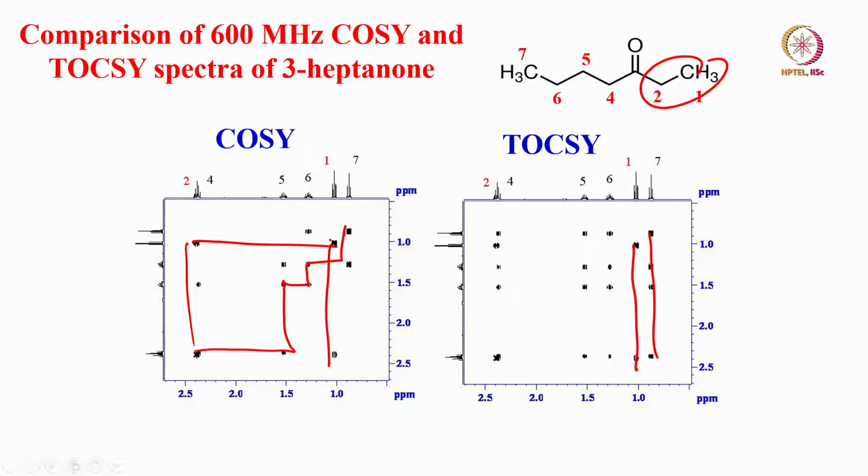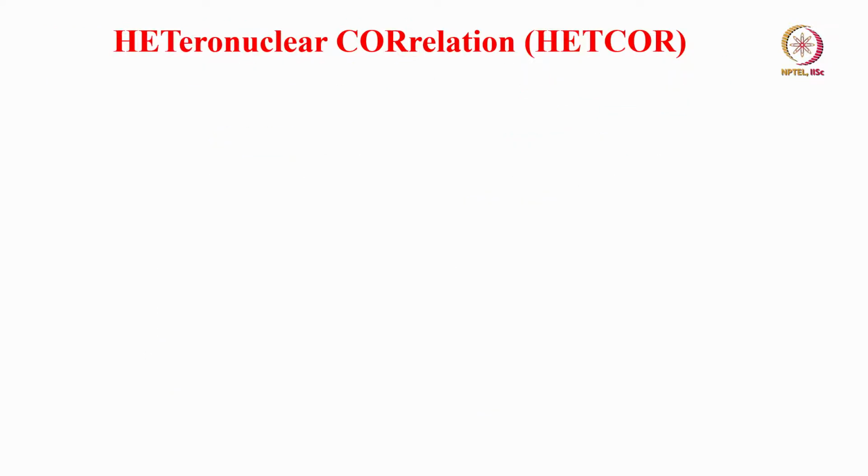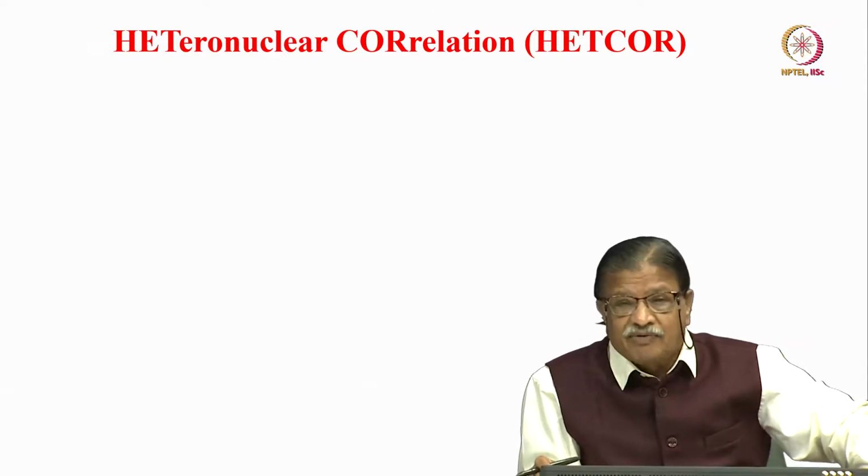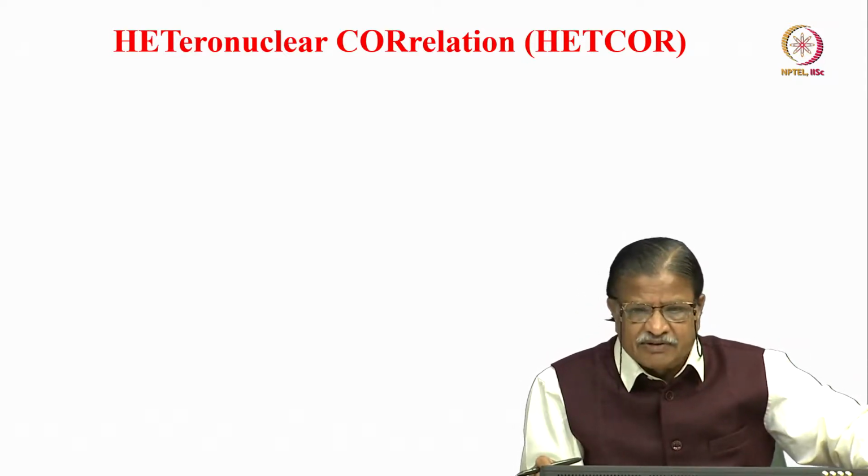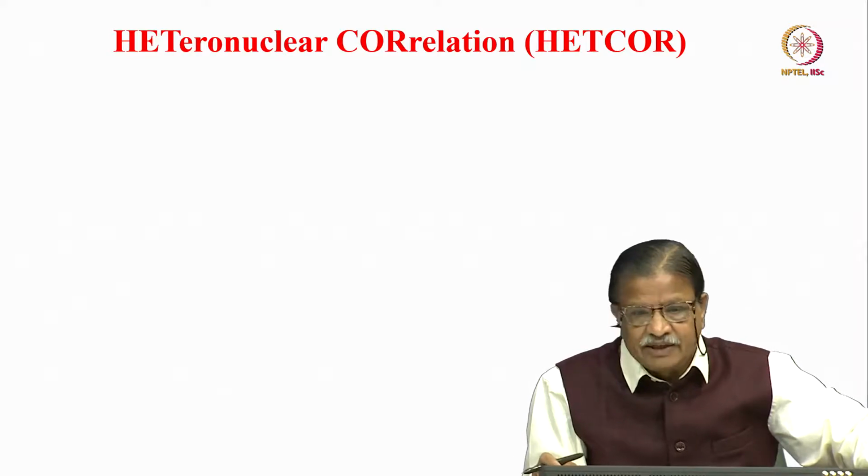So, to identify 2 spin systems in COSY, especially in this case where 1 and 2 are coupled, is easy, but when 4 protons are coupled, you have to go in a ladder like this, 4 steps, because each time you identify only the immediate neighbor, whereas TOCSY identifies in a single experiment. That is an advantage. Okay. With this we will go on. There are a number of TOCSY experiments called clean TOCSY sequences. Those who are interested can go to the literature, there is no time to cover everything.